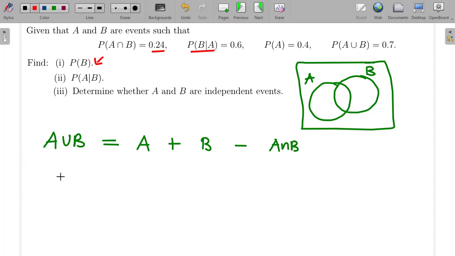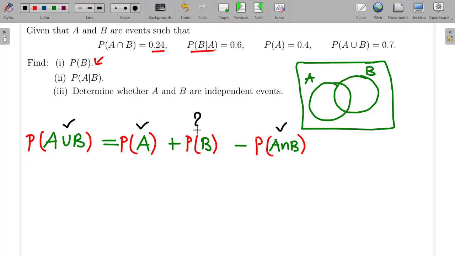Now to this formula, we just add probabilities in front. So the probability of A union B is equal to the probability of A plus the probability of B minus the probability of A intersection B. We've been given these probabilities, and we're asked to find the probability of B. So we just replace with the numbers. The probability of A union B is 0.7, and this equals the probability of A, which is 0.4, plus the probability of B, minus the probability of A intersection B, which we've been given as